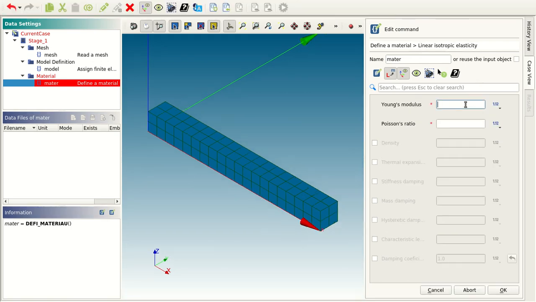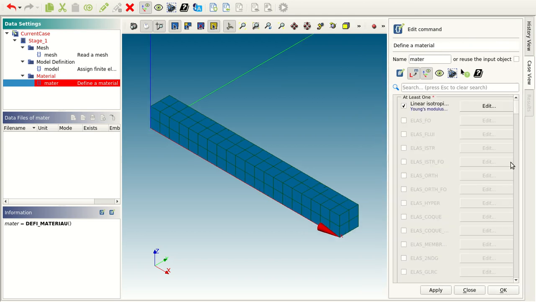Young's modulus is 210 e power 9. Giga means e power 9. Poisson ratio 0.3. Okay, just give OK. Density is not required. If you want to solve a self-weight problem or frequency analysis problem, then density is important. Here any two properties are required, either density and Young's modulus or Poisson ratio and Young's modulus. Okay,